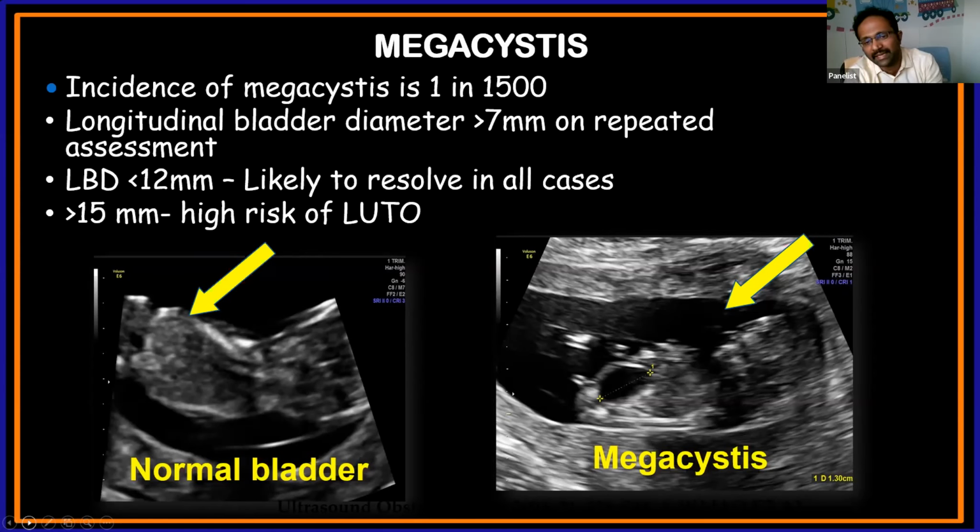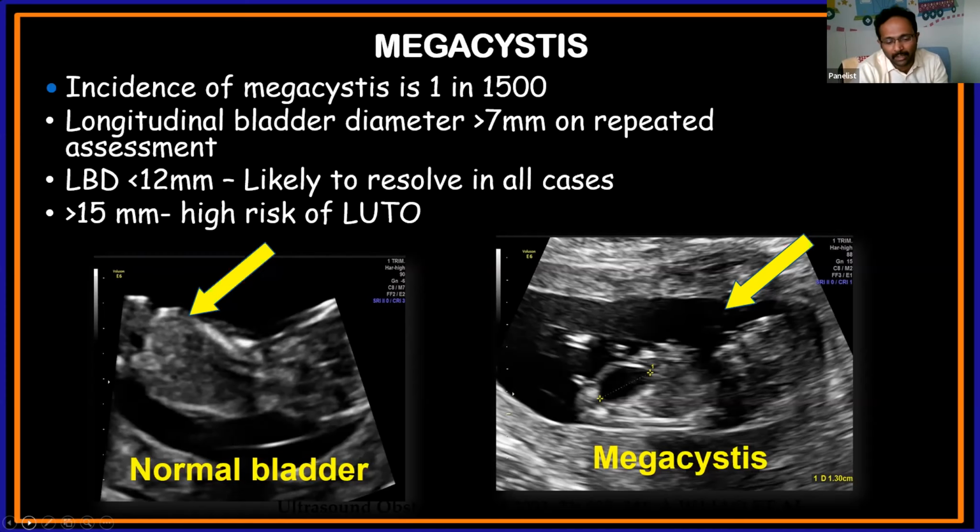I want to reiterate that repeated assessment, because transiently the bladder can be distended and the baby can empty the bladder after that. So if the bladder diameter is above 7 mm, we call it megacystis. And what recent studies show is that if it is less than 12 mm, most likely it will resolve in all the cases. But if it is above 15 mm or 12 to 15 mm, high risk of progression to